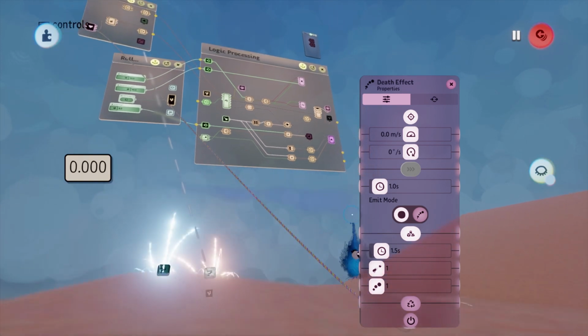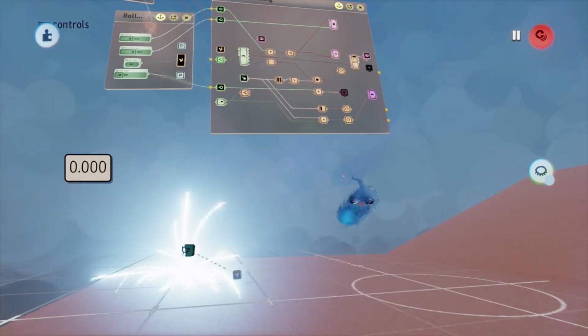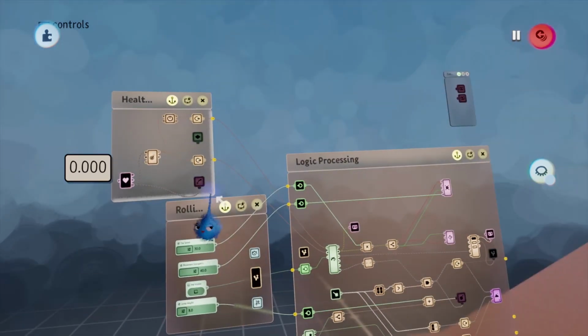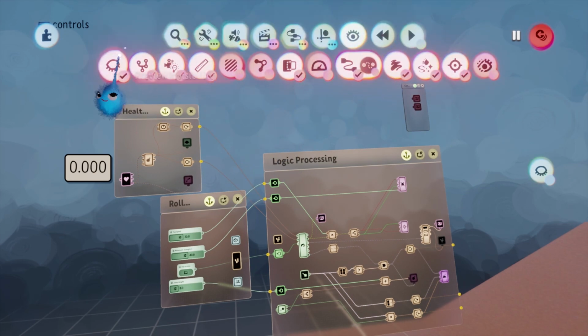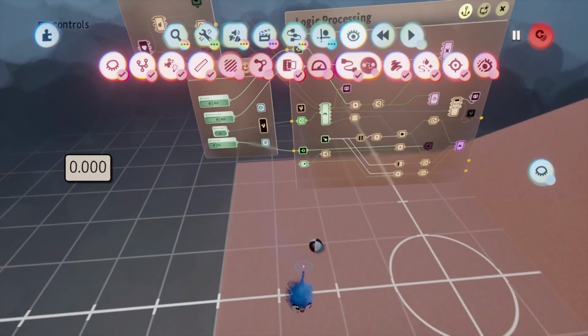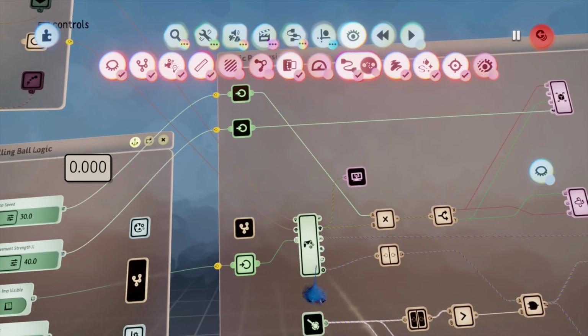It's a really difficult thing to show you, but that's basically the effect, the popping effect. Let me just turn it off because it is very bright. So there we go, that's the death effect, and that's it. So that goes into there,